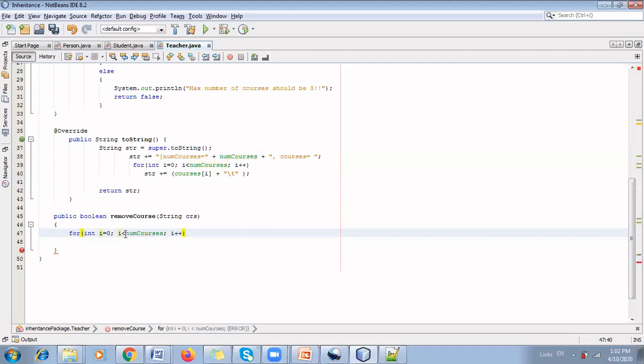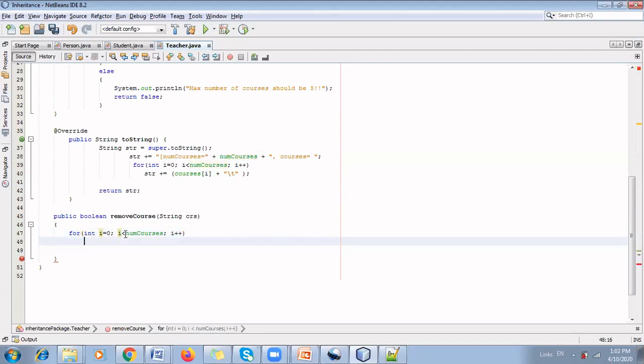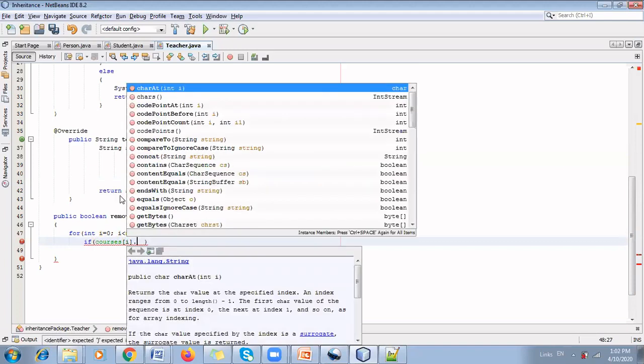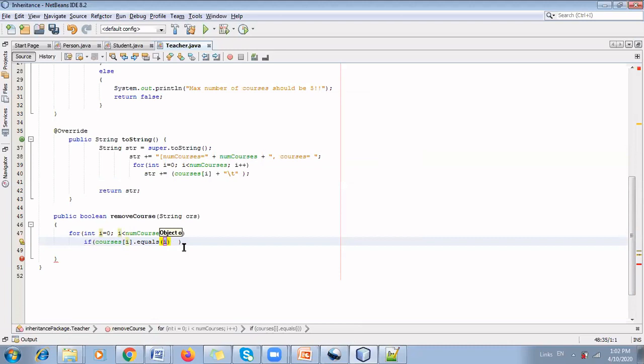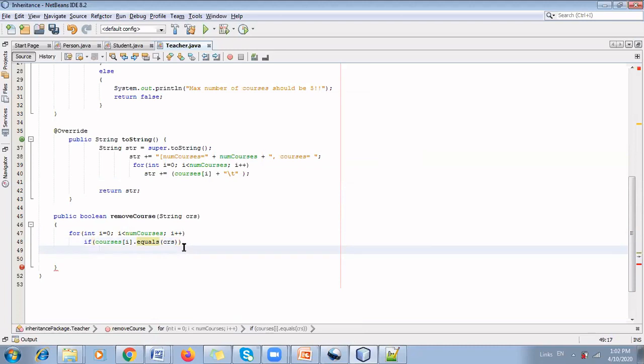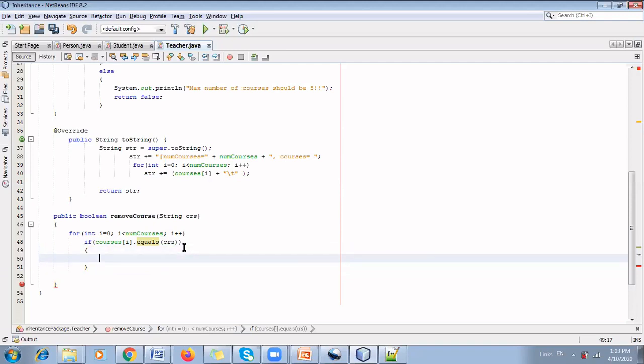I plus plus. Now, if courses of I equals equals course. Equals to course. So if it is the case, then return true. But before returning true, I need to remove it. Remove the course. So courses of I,